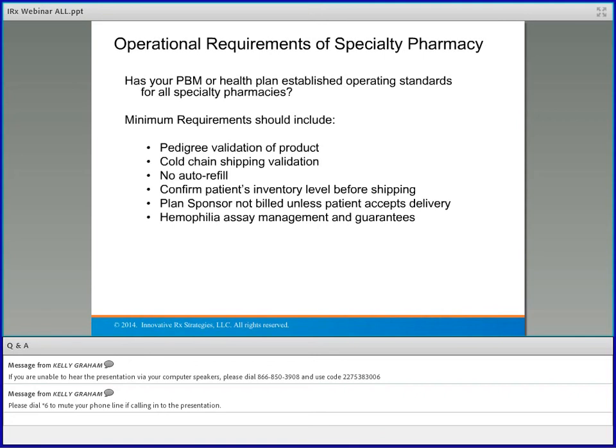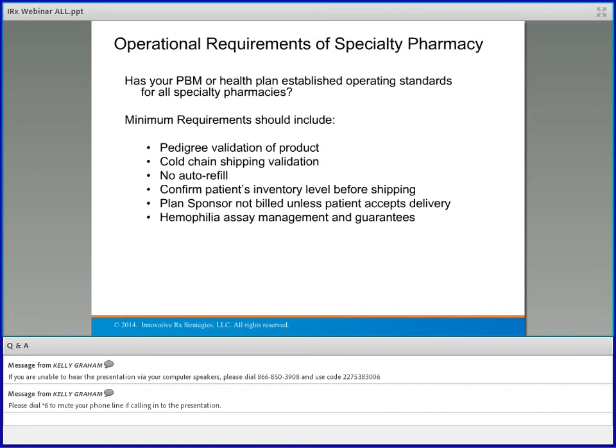No auto refills. You never want these specialty drugs to be automatically refilled. As I mentioned before, we really expect the specialty pharmacy to reach out and talk to the patient every month before they reship it. A lot of times they're going to want to do that anyway because they want to schedule the shipment to make sure that they're going to be home when it gets there, because a lot of times it gets overnighted to them the next day. But you don't really want to set up an auto refill aspect of it, where it's just automatically shipped out to them, because then you have no way of controlling whether or not they're still on the medication, if they're having issues with it or whatever.